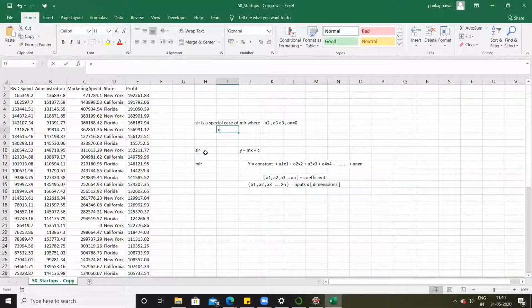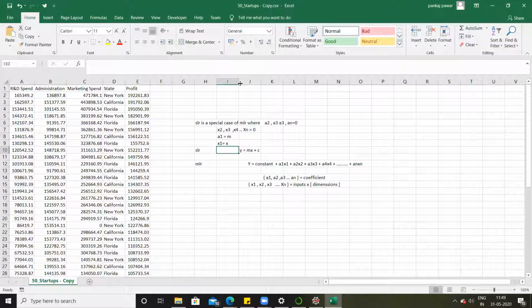Similarly, x2, x3, x4 till xn are 0. a1 is equal to m, and x1 is equal to x. If this condition is satisfied, then it is the equation of simple linear regression.